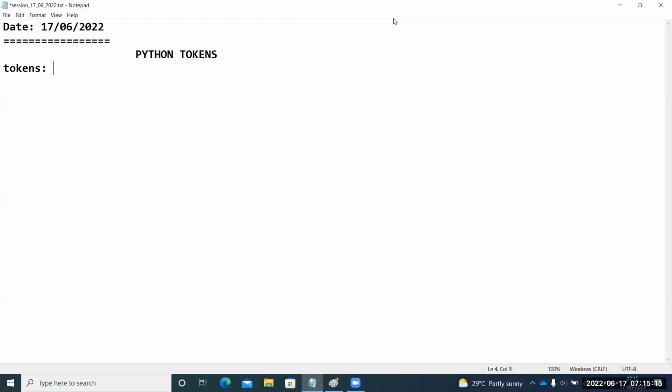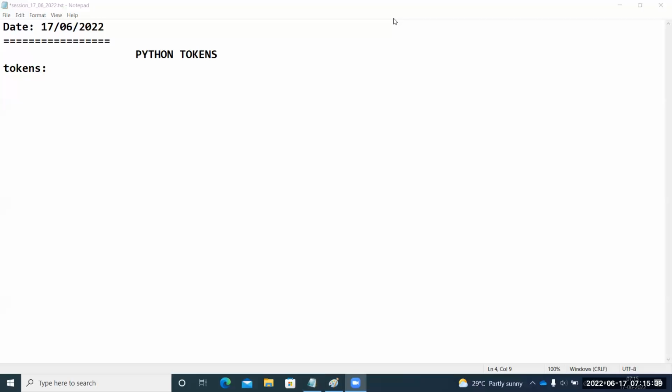The smallest individual units of a program is called a token, guys. In any programming language, the smallest individual units of that programming language is called a token. Because you should start learning from the very small units of the programming language. Am I right? The very basic units of that programming language.